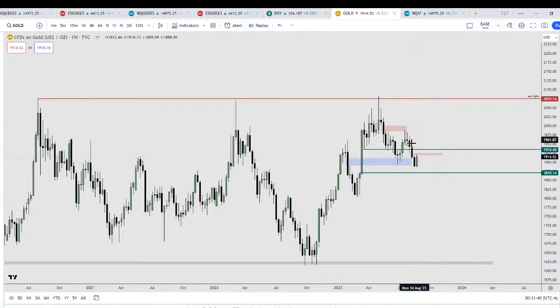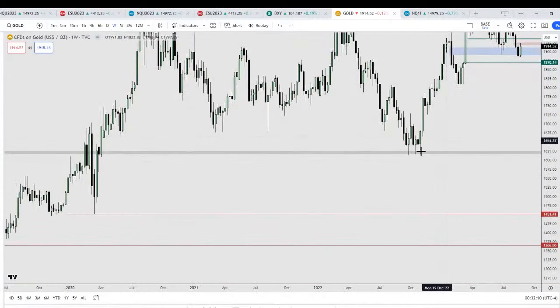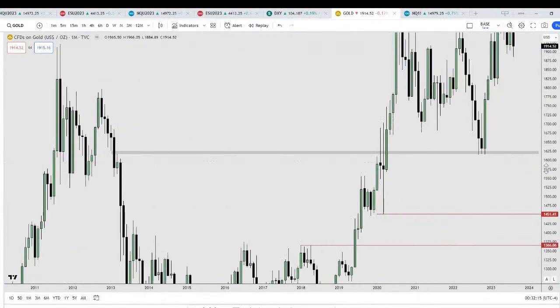Okay, so I think for gold, we would be anticipating lower prices, and I want to see speed when price closes below this BPR right here, the blue shaded area. So yeah, I think this low is going to be taken out, and then I want to see if price shows any form of displacement below the low here. If there is displacement, then obviously we would look for these lows here, and eventually on the monthly time frame,